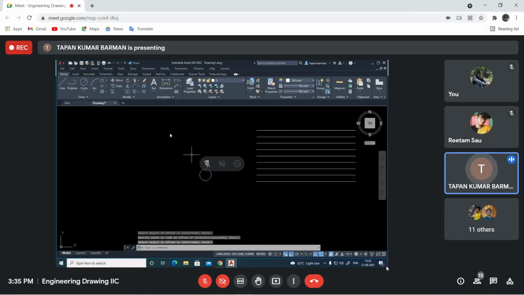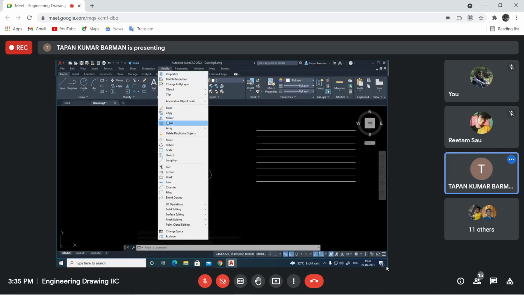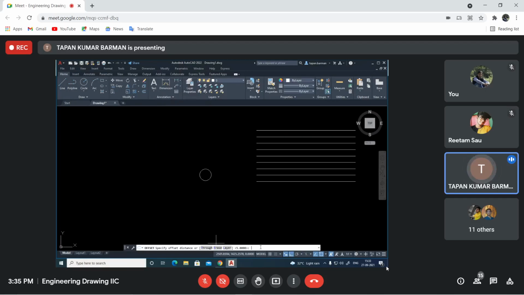Similarly, suppose for the circle, I am taking the offset. Modify, offset. This time I want say 7 mm. Offset object, this one. Sorry. Offset 7 mm.